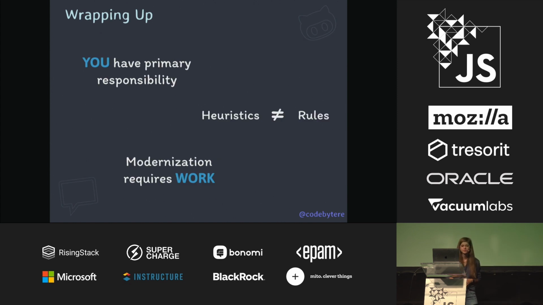Electron has learned a lot from both its successes and its failures on all these fronts. These examples I've provided in light of our experiences can hopefully help you to shed light on how to make better choices in your own code bases. But our constraints and considerations are going to be different than yours, and so it follows that your decisions may also be. When you return to your code bases next week, I encourage you to view these as heuristics rather than rules. Heuristics require situational interpretation, but rules hold fast across contexts.